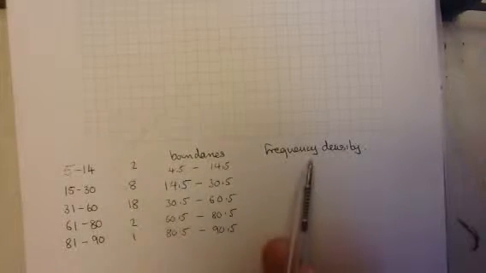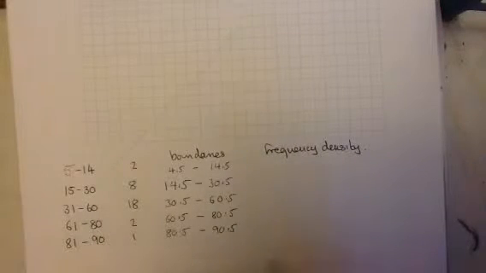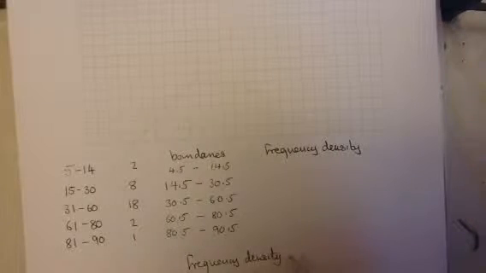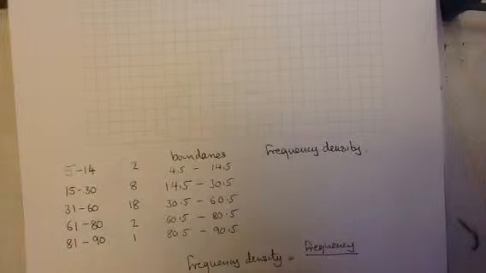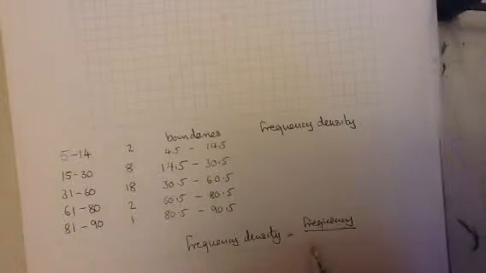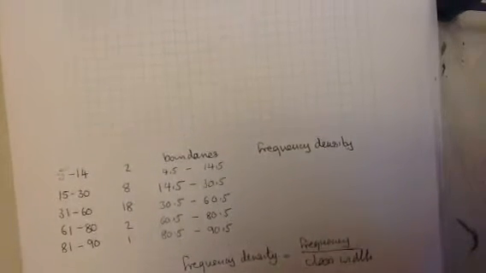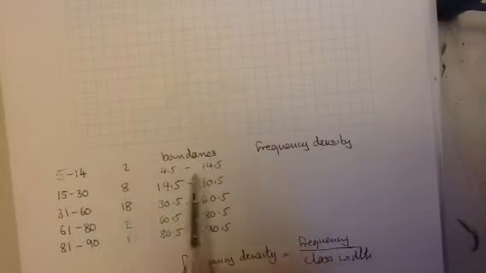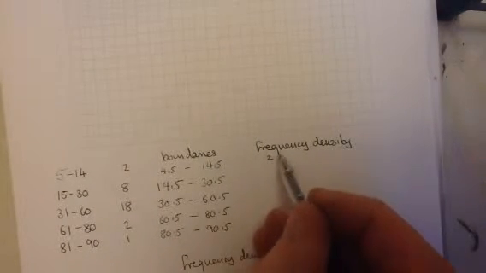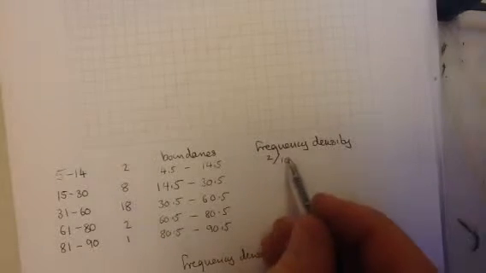Okay, we're now going to work out the frequency density, and the formula for frequency density is frequency divided by class width, which of course is how far it is between the boundaries. Okay, this is another reason I like to make out this table. So this first case is going to be 2 divided by 10, 0.2,